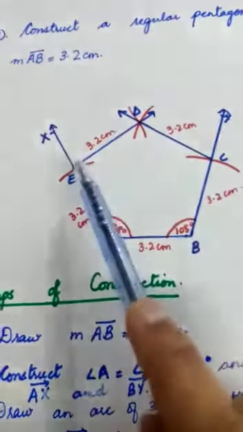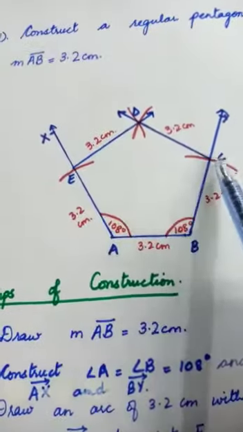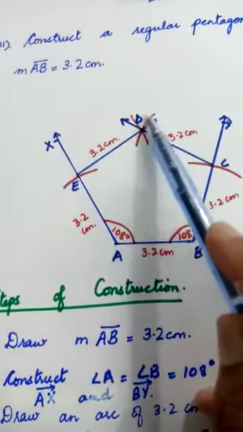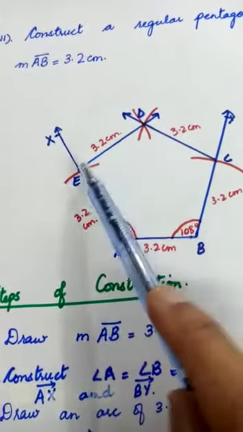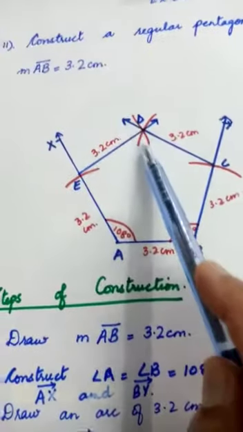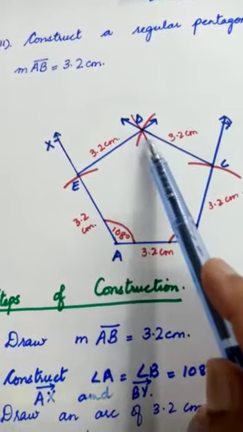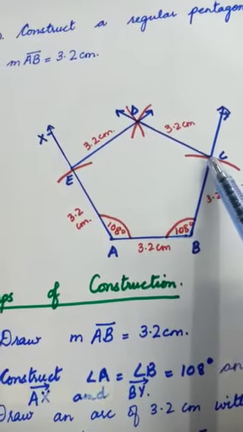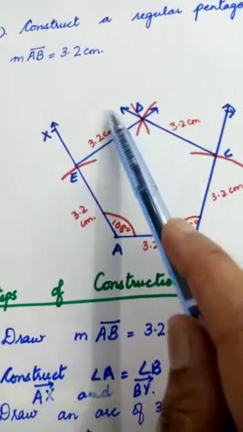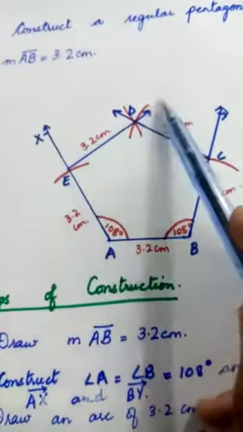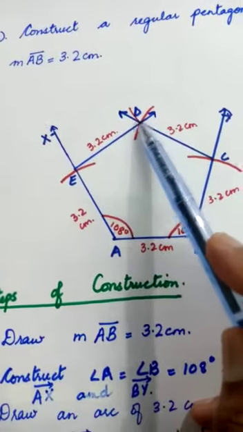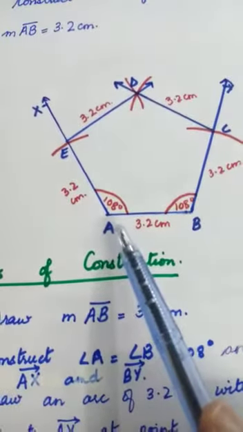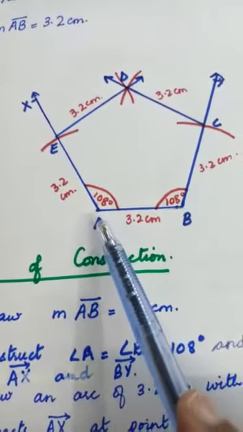Then take C and E as centers, draw two arcs, one arc starting from here, draw an arc here that is of 3.2 centimeter. Then taking point E as a center, draw another arc here of 3.2 centimeter. Now with the help of your ruler, join this point C and extend the ray to point D, and from E extend the ray and mark this as intersecting point as D. Now, as you already know that pentagon has been constructed, so we will call it as pentagon A, B, C,